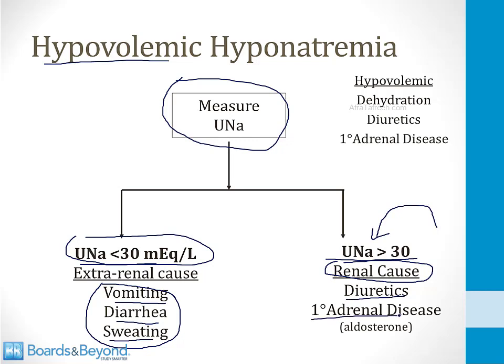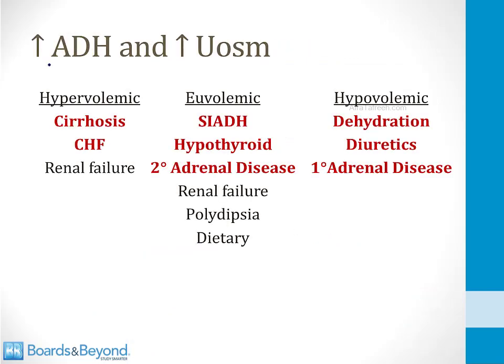Patients who have primary adrenal disease have low aldosterone levels. This also leads to more sodium in the urine. On your exams, you're often asked for the expected changes in ADH levels and urinary osmolality for a given cause of hyponatremia. So all of the disorders I've bolded in red on the screen are associated with increased ADH levels